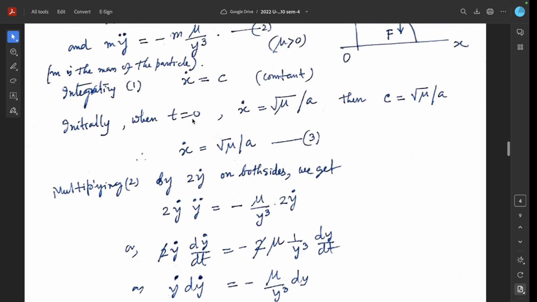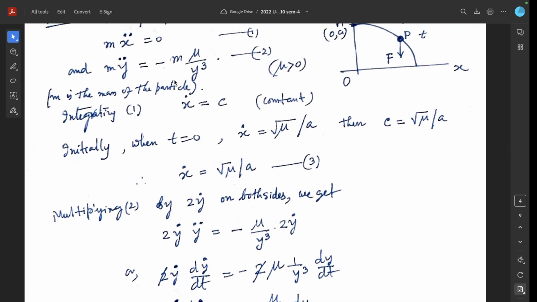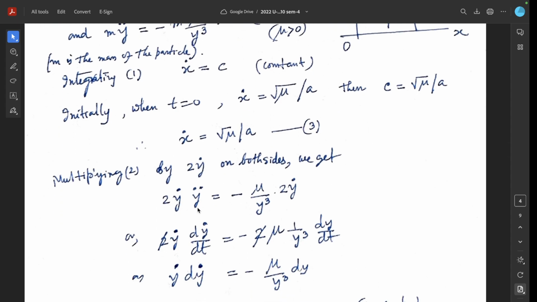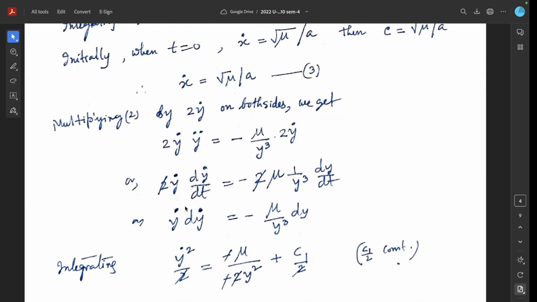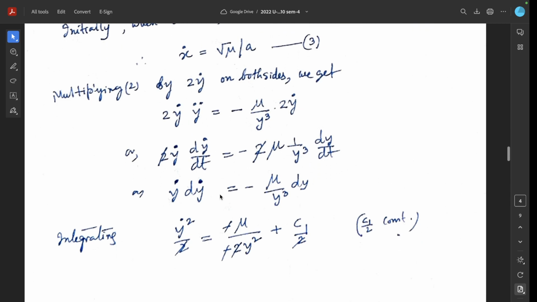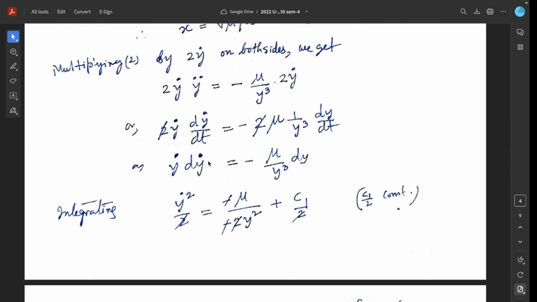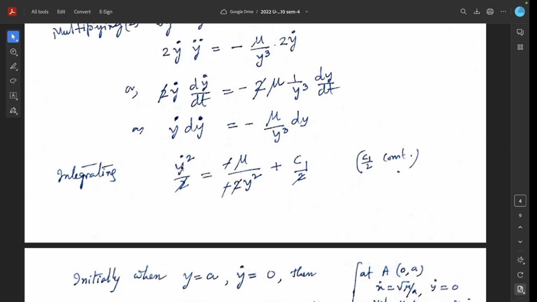Multiplying by 2, twice y dot, that is 2 times the derivative of y, we get 2y dot y double dot equal to minus mu by y cube times 2y dot, this 2y dot being the derivative of y, minus 2 mu by y cube times the derivative of y. This y dot dy dot cancels d/dt from both sides, so this is minus mu by y cube dy. Integrating, we get y dot square by 2 equal to minus mu by minus 2y square plus c1 by 2,